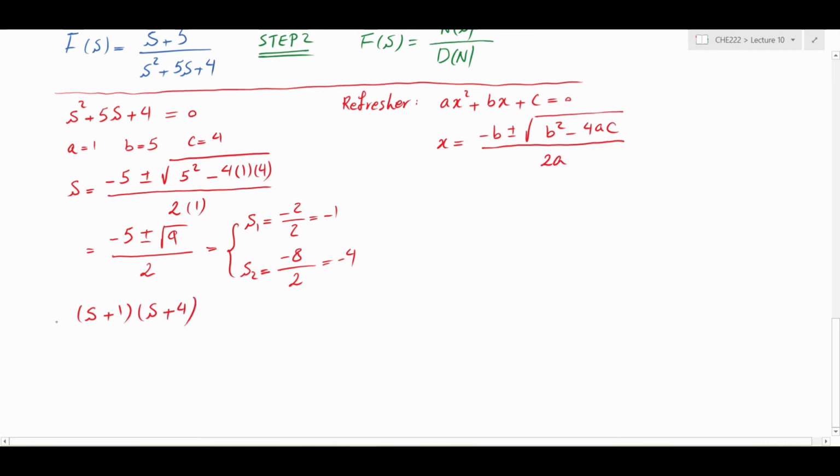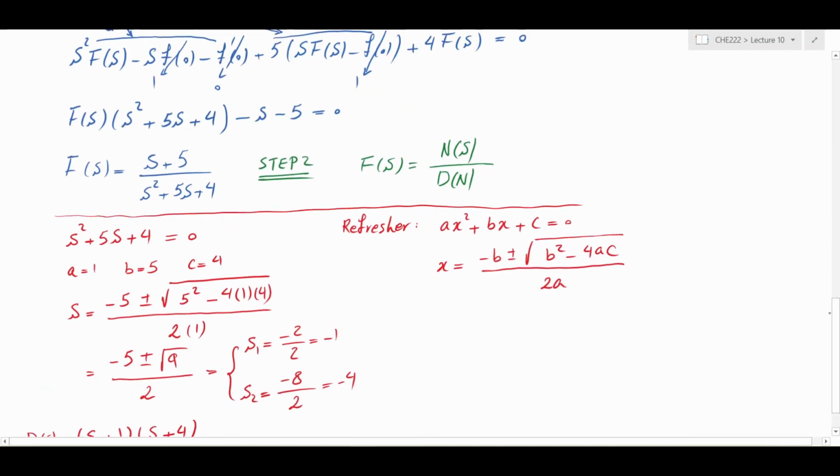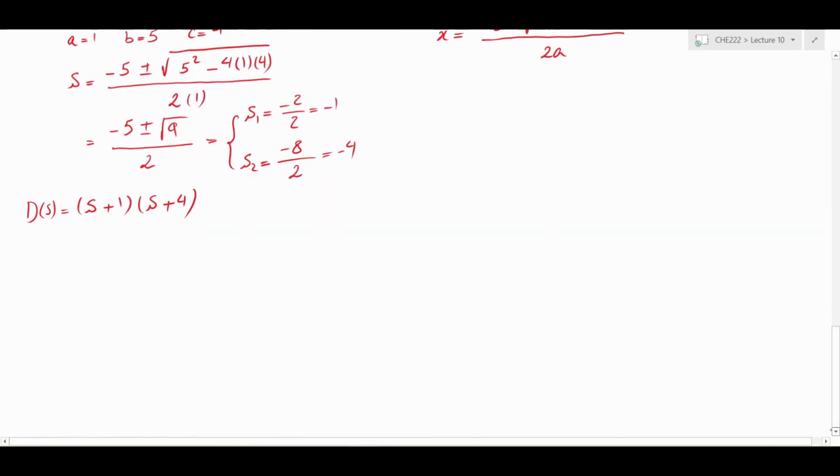So this is equivalent to the denominator of our expression. So this is capital D of s. And here I believe I had a mistake. So this is supposed to be capital D of s. Okay, so we just plug this back in our expression and we get F(s) is now equal to